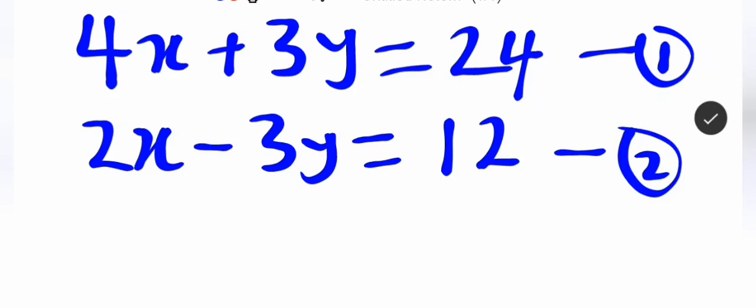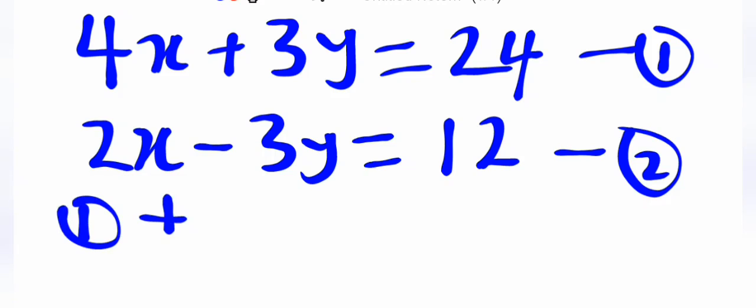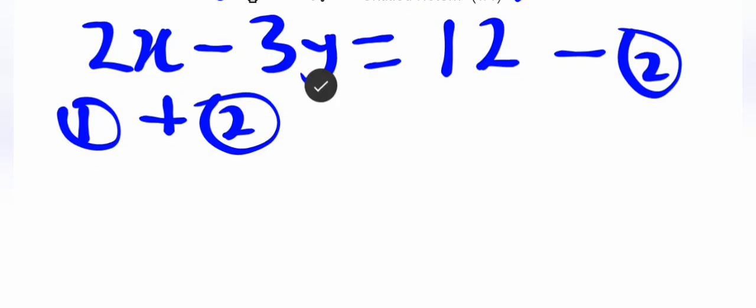When we look at this now, this leads us to simultaneous equations, equation 1 and 2. Easily here we can use the elimination method. We can eliminate the variable with the same coefficient. Here it is y, because 3y plus 3y minus 3y. We can eliminate y first by adding the two equations. So equation 1 plus equation 2 will give us,